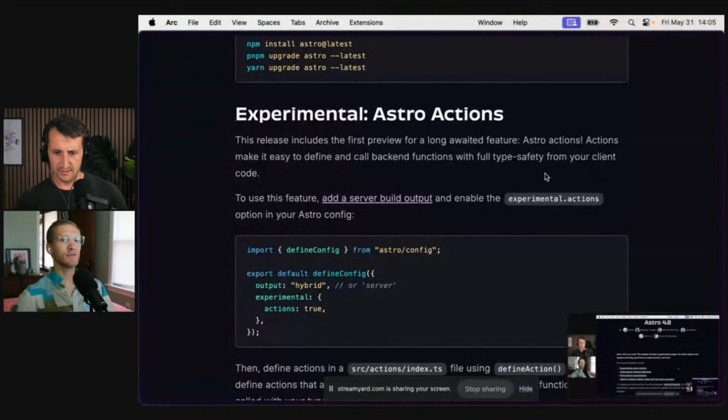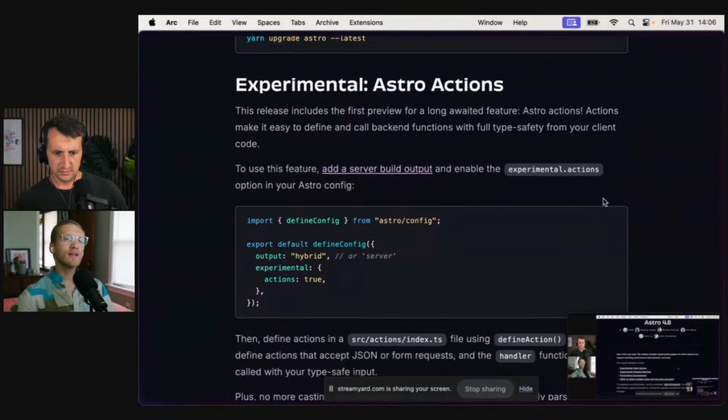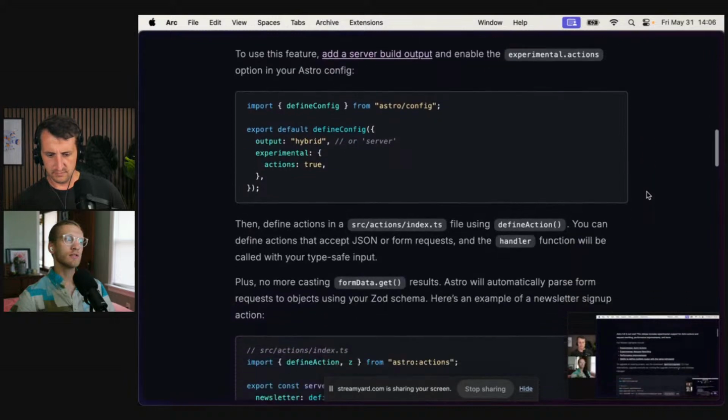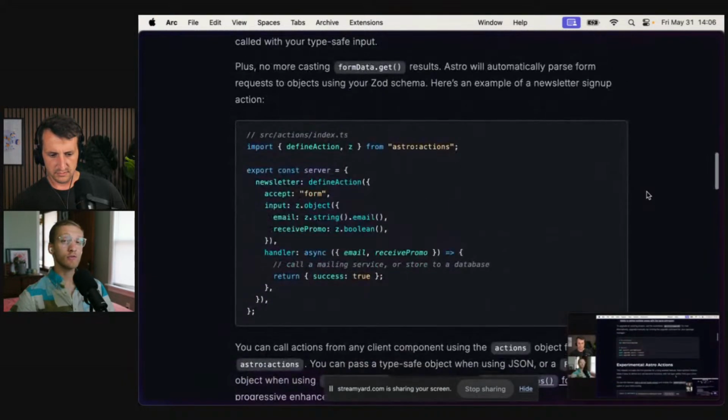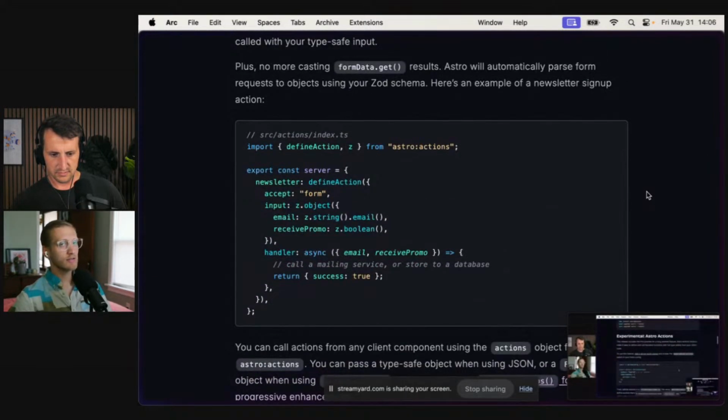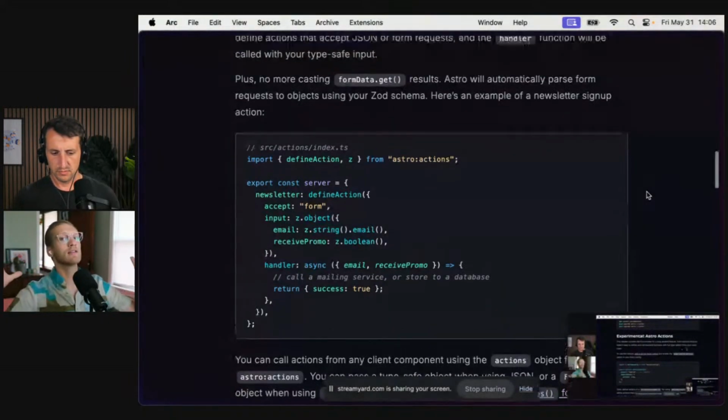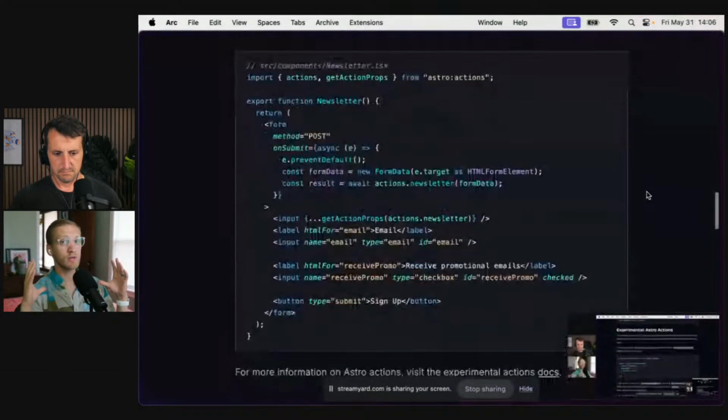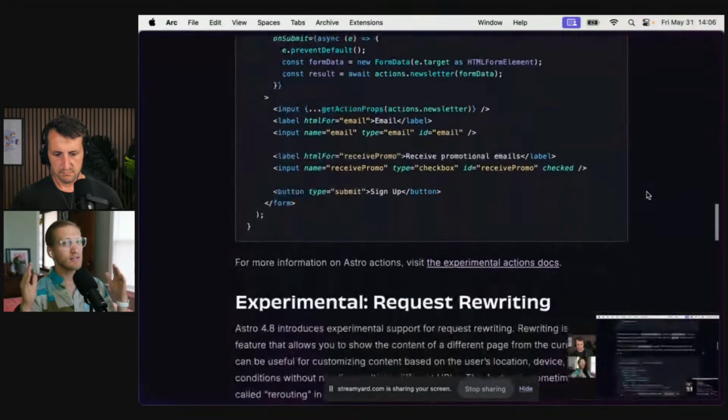For sure. Let's see what their actions do. In React 19, an action is anything that the user initiates that's asynchronous. So if they submit a form and it needs to talk to the server and then the server talks back, that's an action. But then there's also this whole world of client side actions and everything. It's this really broad term in React. Let's see what it means in Astro.